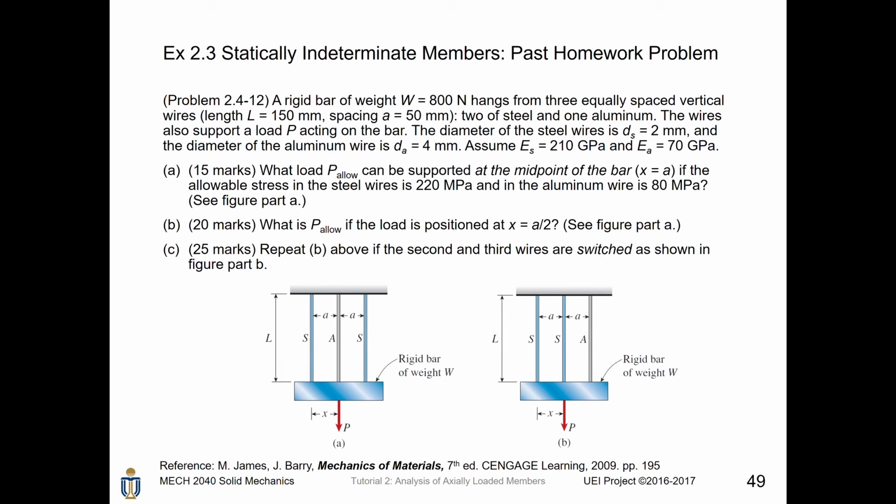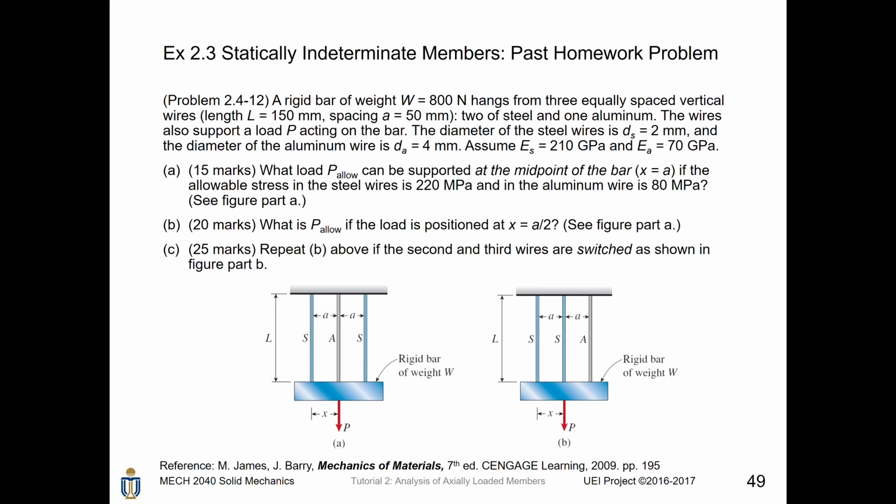A rigid bar of weight 800 newtons hangs from 3 equally spaced vertical wires. Two of them are made of steel, while one of them is made of aluminum. The wires also support a load P acting on the bar. The diameter of the steel wires is 2 mm and the diameter of the aluminum wire is 4 mm. It is given that the Young's modulus of steel is 210 gigapascals, while the Young's modulus of aluminum is 70